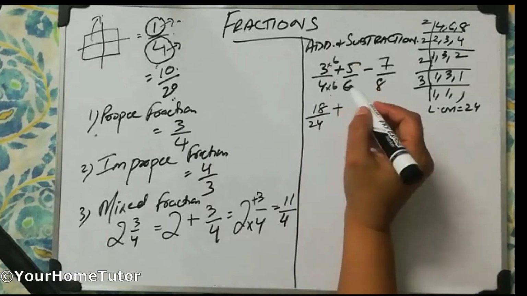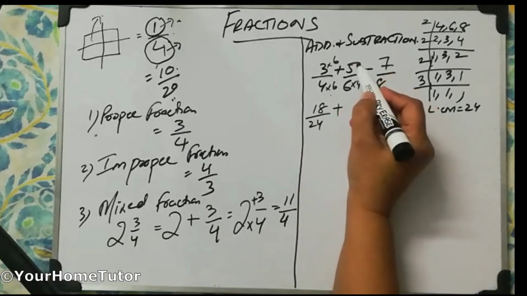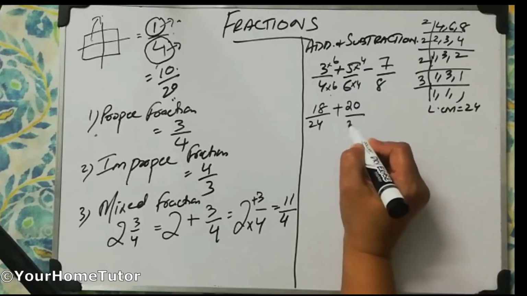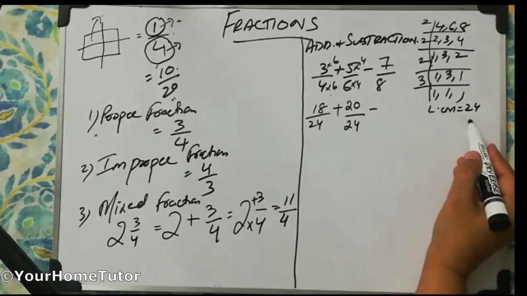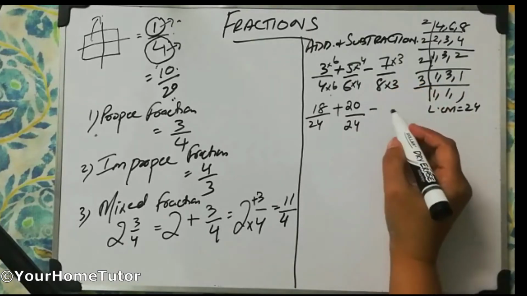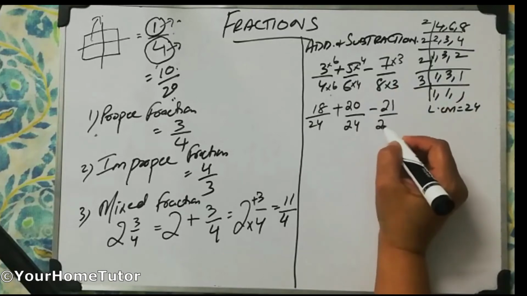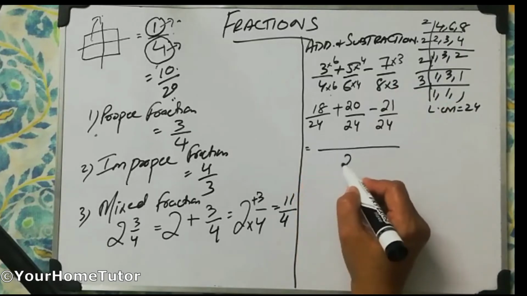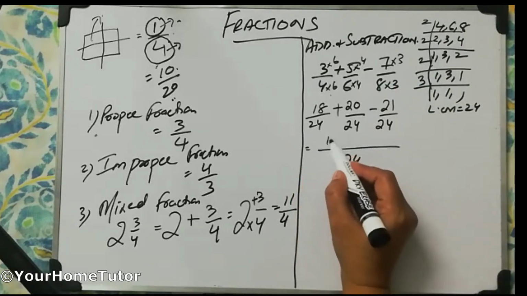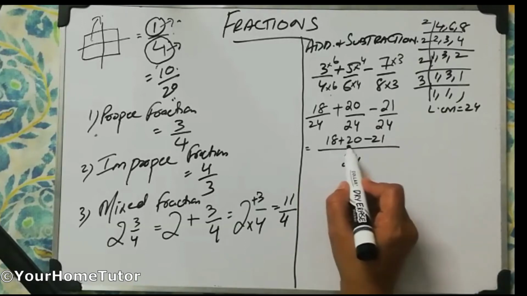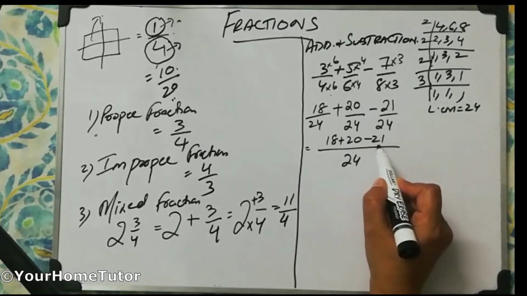How to convert 6 into 24? We know that 6 4s are 24, and we'll multiply by 4 here also. So 20 upon 24. Now again we have 8 upon 24, so 8 3s are 24, and we'll multiply the numerator also. So now 21 upon 24. Now all three denominators are the same. Now we can easily add or subtract according to the operation. So 18 plus 20 minus 21. First of all we'll add 18 and 20, which is 38. 38 minus 21. Is it?